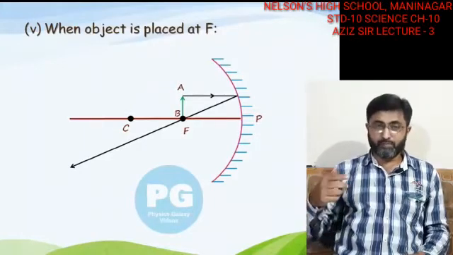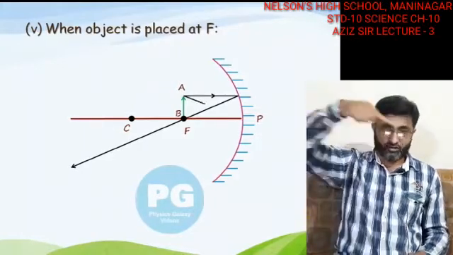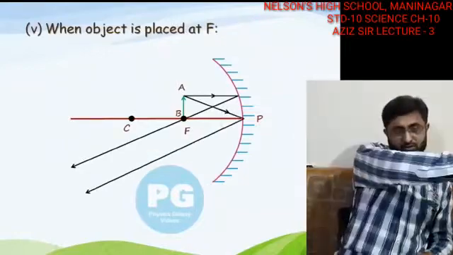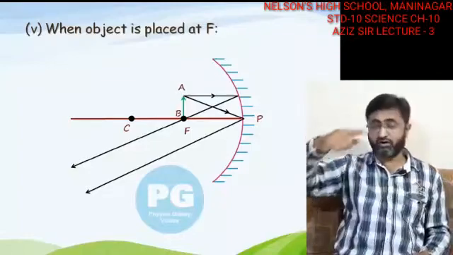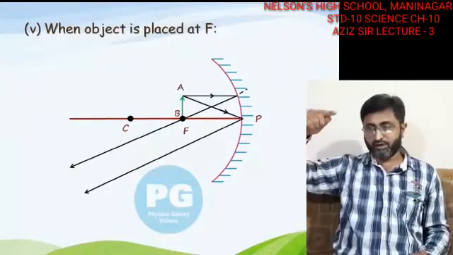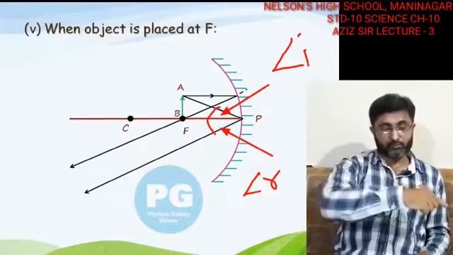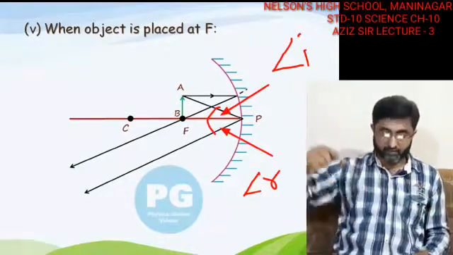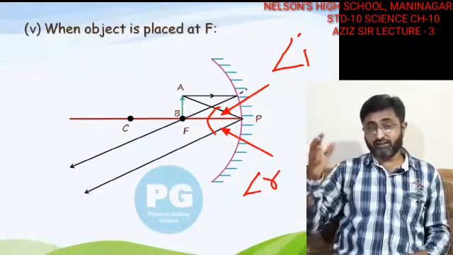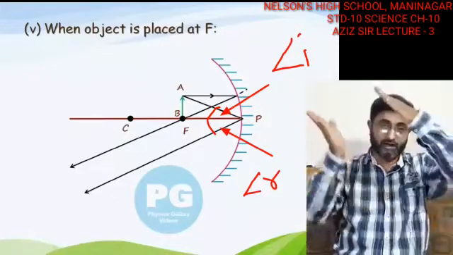So, you may make a line passing from the center of curvature, from the back side of the center of curvature, as a straight line, or you make a line passing towards the pole, with the angle of incidence and angle of reflection, but you have to make both the angles exact. Otherwise, if you do not make both the angles exact, you will see that the lines are not getting parallel,